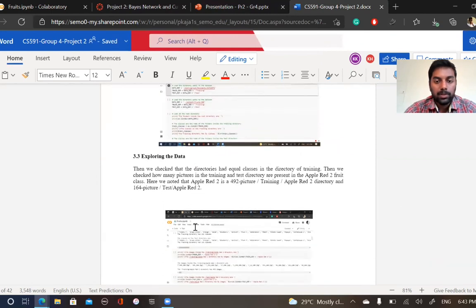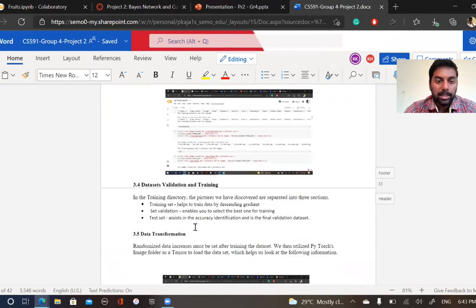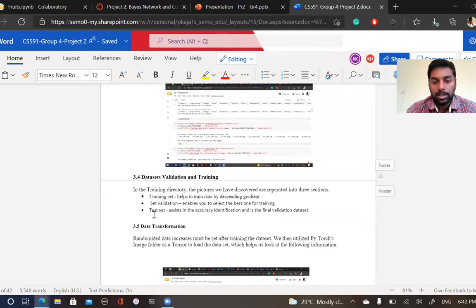so that there will be no other issues. The validation and training of the data sets will be done in 3 steps, as you can see here. The first, the training set, helps to train the data by gradient descent. The validation set enables you to select the best one of the training. After the test training set, there is the CNN process. The CNN process will take random pictures of different types. After that, it tilts the image to a certain angle,